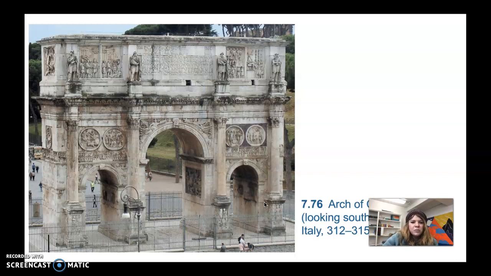Most of the columns that you see and the architectural elements are recycled, and the reliefs are recycled from the 2nd century. This process of reusing art is called spolia, which means spoils. Some scholars think this was an act of desperation because of the failing economy during the time and the general decline of Rome. But others believe it was a deliberate act, not done out of desperation, but what